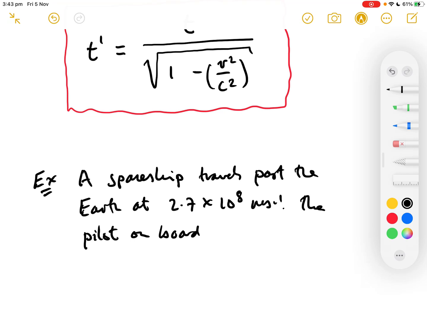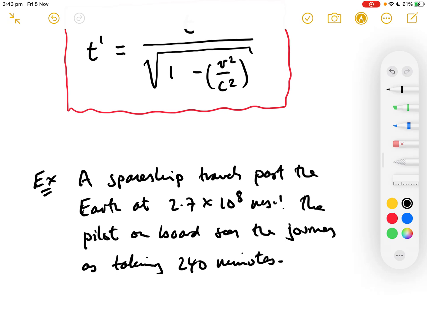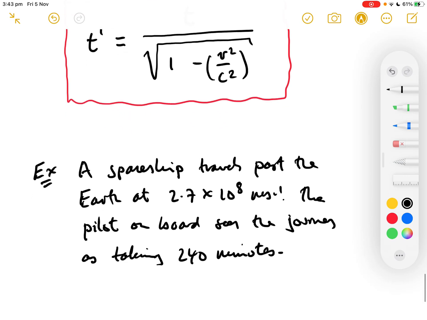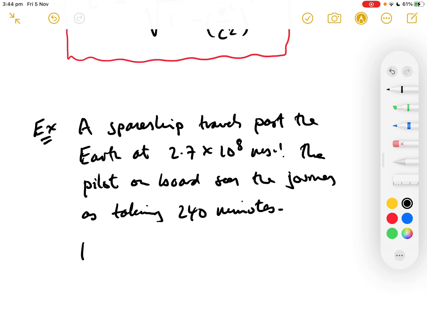The pilot on board sees the journey as taking 240 minutes. That's according to the chap on the spaceship. Okay, he's going to measure the proper time, so that's going to be the proper time. An observer on Earth is going to see it as longer than that, but we'll come to that in a second. So, how long